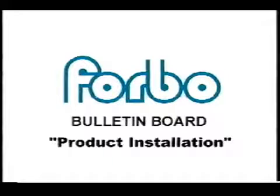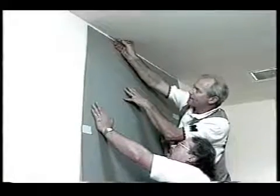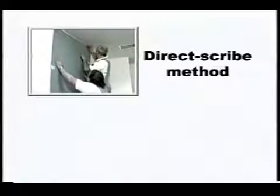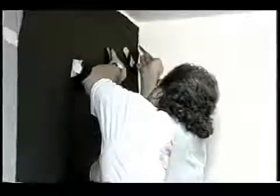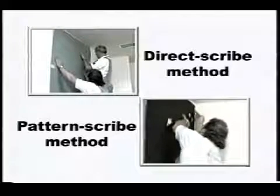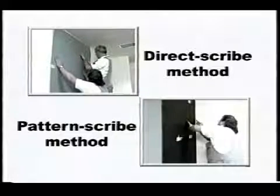bulletin board. It is important that the product is installed carefully and precisely using one of the two following methods. First is the direct scribe method, which works directly on the product using a divider tool along with a hook knife and utility knife. When using this method, it's best to finish it off using a crown molding and a base. The second is the pattern scribe method. Using a pre-marked template you create with black roofer felt or pattern felt. Pattern scribing is recommended when the material has to fit the exact size without the use of a molding or